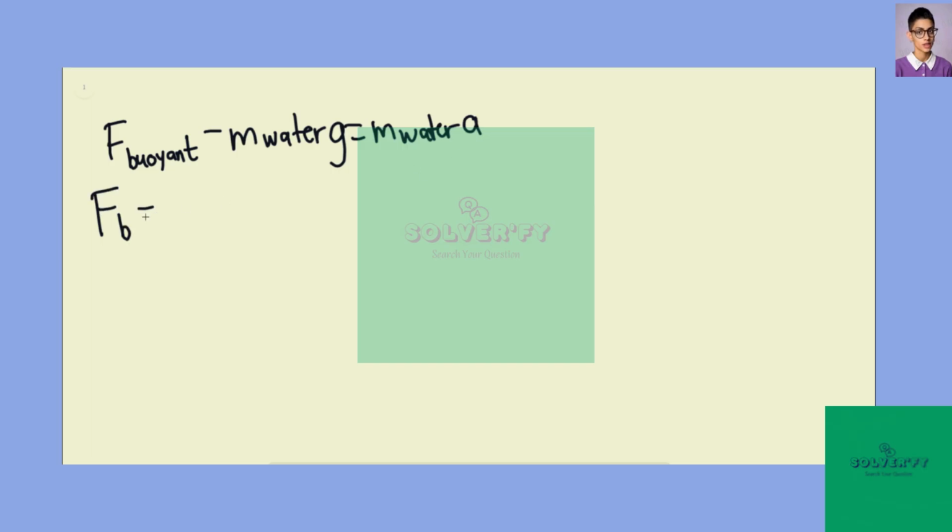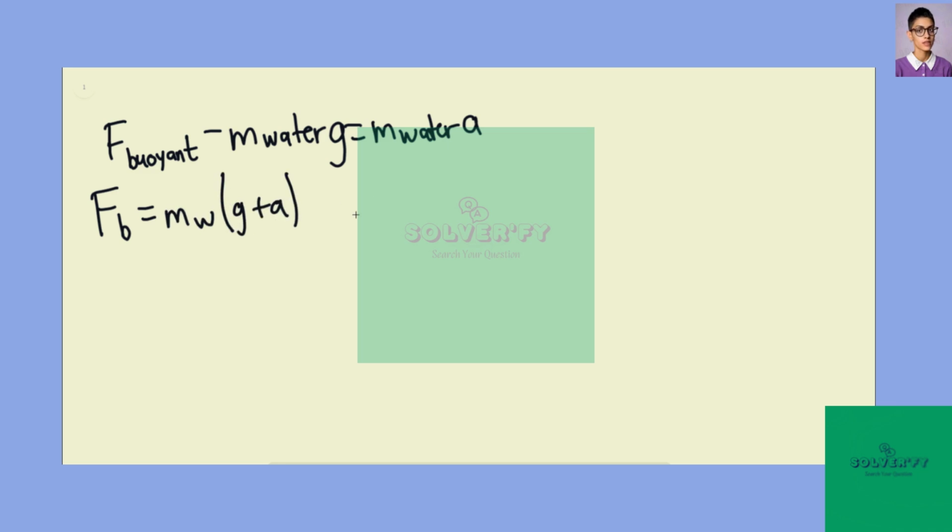So here we need to investigate whether the rock will sink or not. We know that the buoyant force minus the mass of the water times g equals the mass of the water times the acceleration a. We know that then the buoyant force is going to be equal to the mass of the water times g